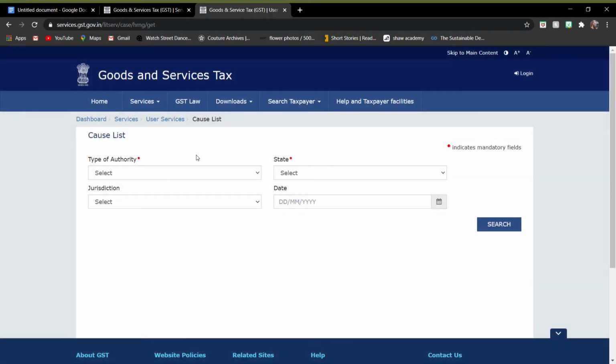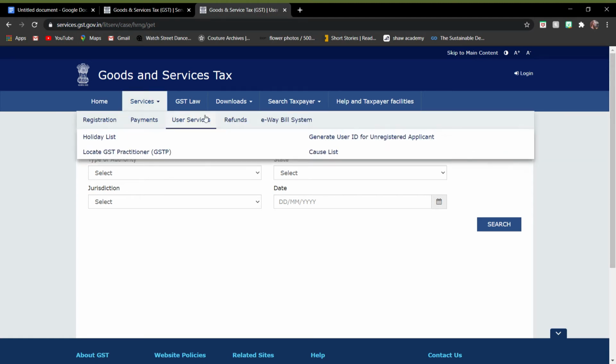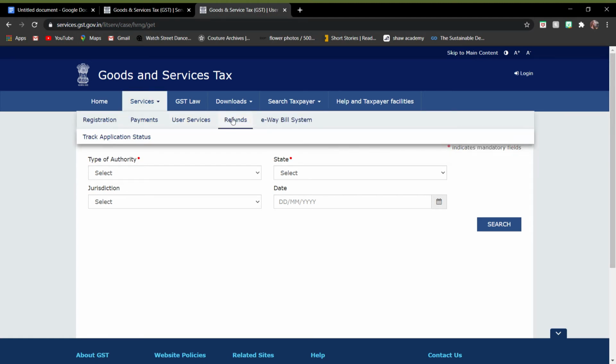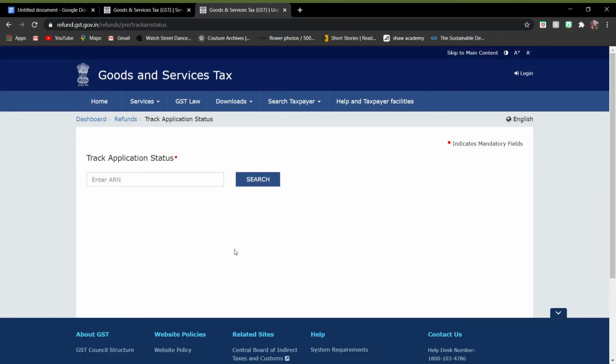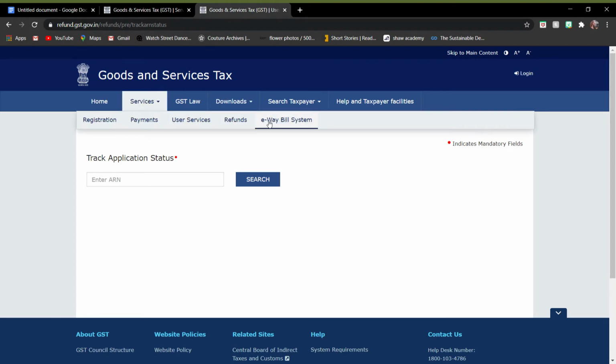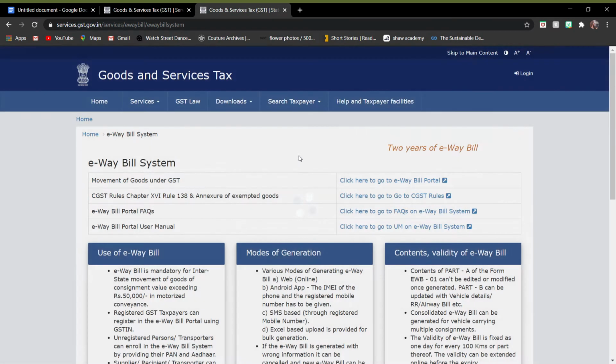Over here you have to again fill a form and proceed with the further process. Then refunds. Here you can track the application status. You have to enter the ARN again over here to search for the application status of the refunds. Then one more service is the e-way bill station.